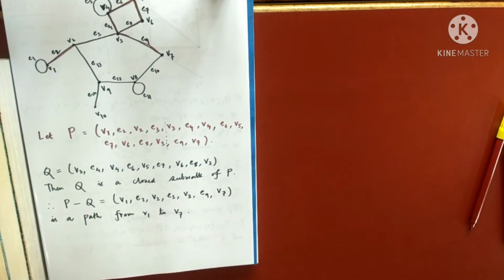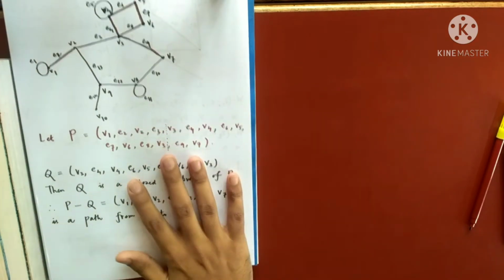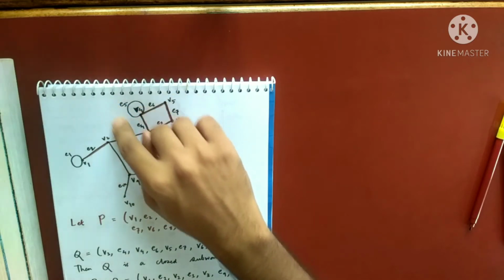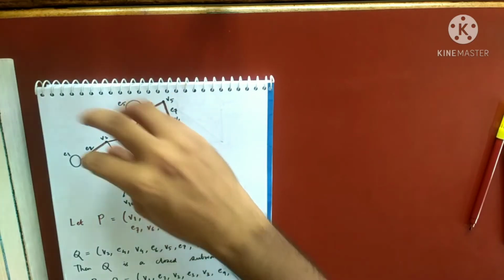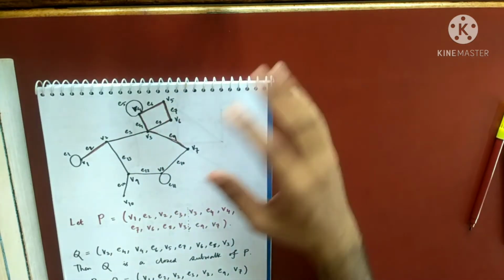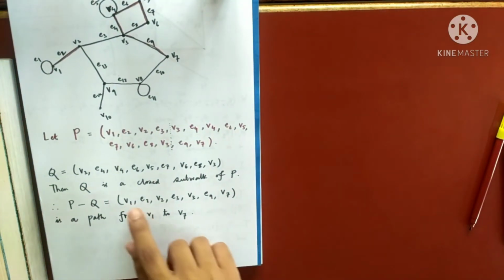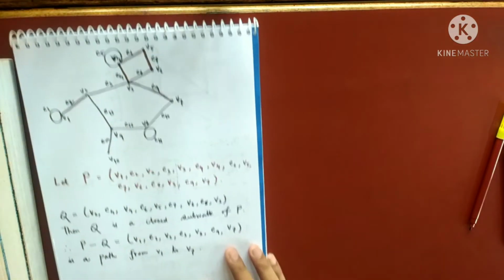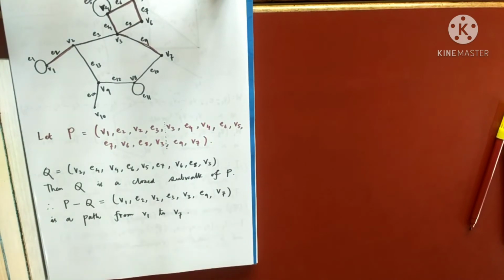So what I mean is that whenever there is a walk, there is a path. Whenever there is a U to V walk, there is a U to V path. How can you get the path from the walk? You remove all the closed subwalks which are present. Suppose there is another closed subwalk at V2, you remove that again. Suppose there is another closed subwalk at V6, you remove that. After removing all the closed subwalks, you will remain with a path from V1 to V7. Understood my point?